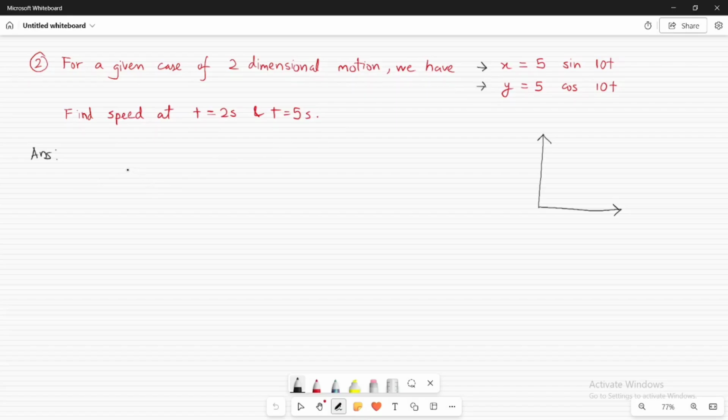Now let us first know that speed equals distance by time. So let us first find the speed along the x-axis, right? That means d by dt of x